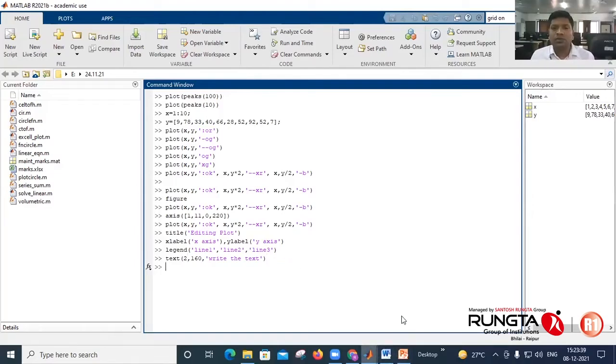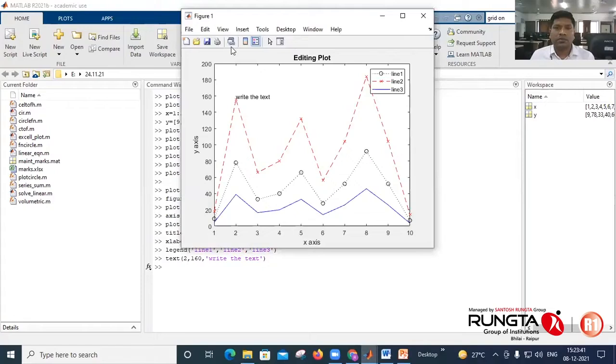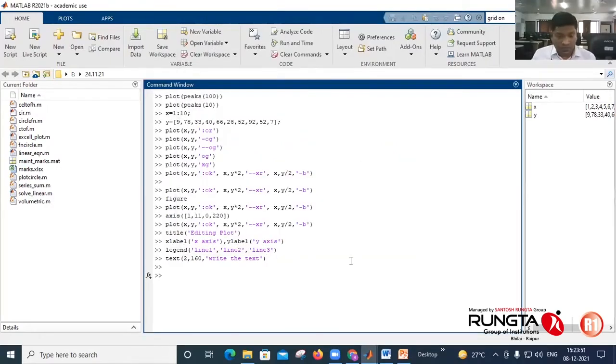So now it will put the text over here. If you want text at another location, say 5, first give its coordinate. Then single quote, your text, whatever you want to write. Single quote complete, bracket complete.